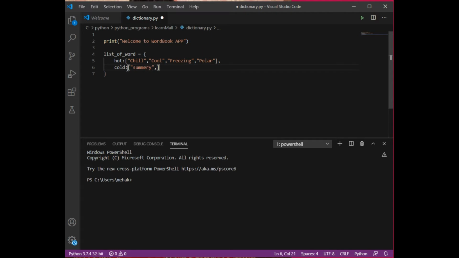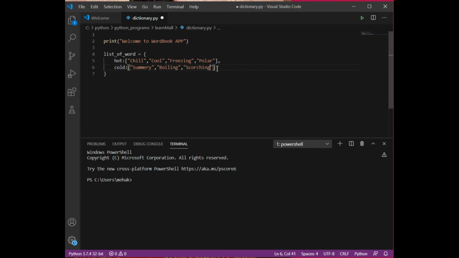Then I can have a word that is boiling. I can have as many words as I want, there is no restriction. Sometimes a word has only one opposite word, so it's not mandatory that every word is going to have a list of 4 or 5. Then I have scorching.